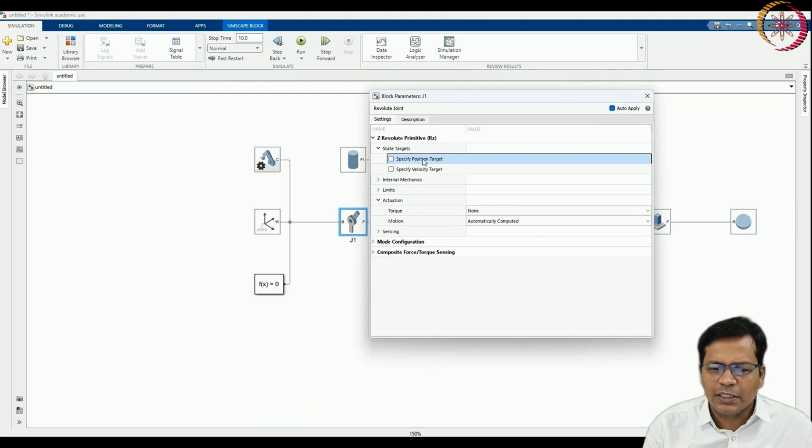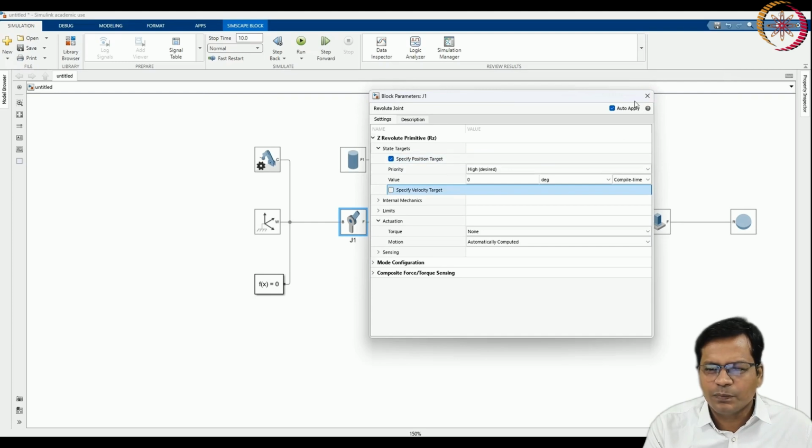So you can insert position at the joints, or you can specify torque at the joint also. Actuation methods can be different. Okay, it can be actuation using torque, or it can be actuated using motion. Okay, so other will be automatically calculated. State target is basically the starting point of the joint. Okay, so that is set as 0.